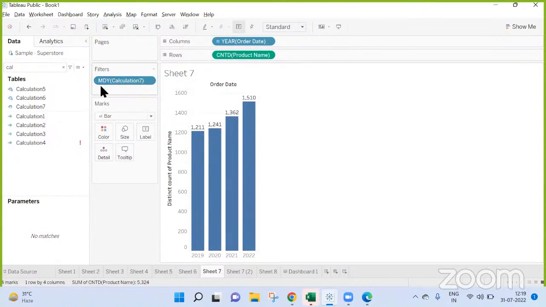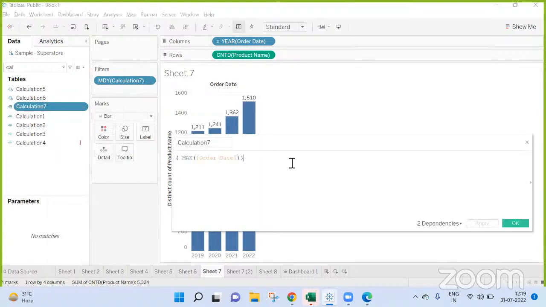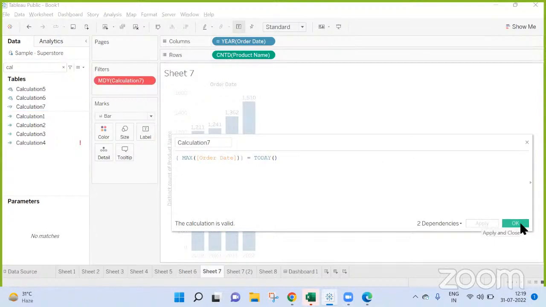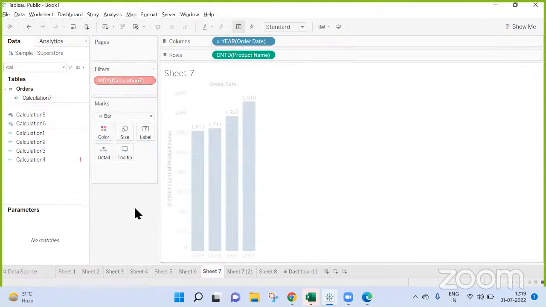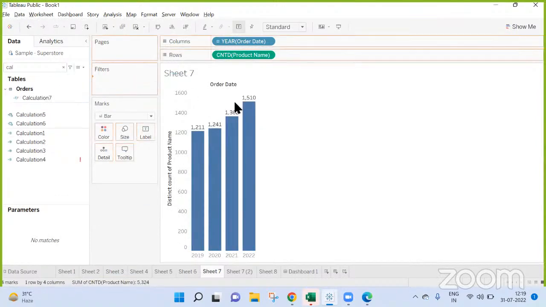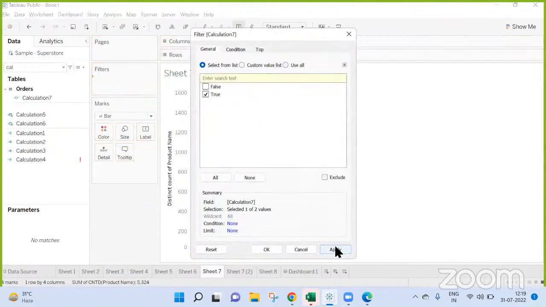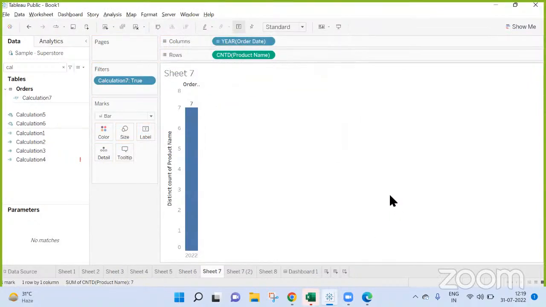This should be equal to your date here, right? Equal to today, meaning order date. You'll only get one day's data.